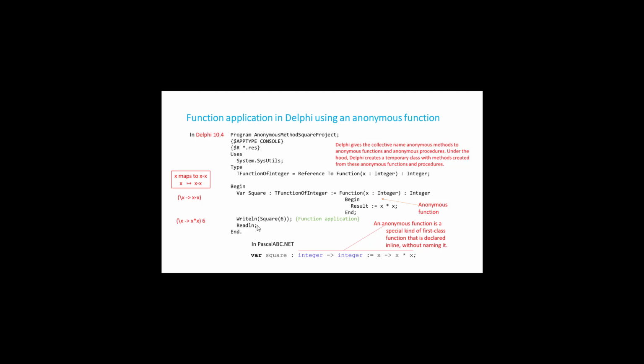Whereas Delphi falls into the bracket of being imperative. Delphi is both procedural and object-oriented. They're both imperative paradigms, because one has to specify the detailed steps, and the order of those detailed steps, that need to be executed to achieve the desired result. But by adding anonymous functions, anonymous methods, to Delphi, Delphi extended its paradigm to encompass a little bit of functional